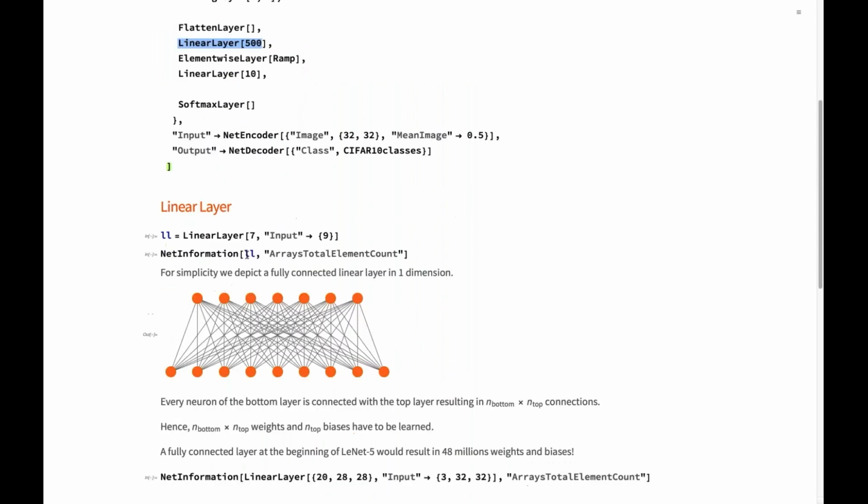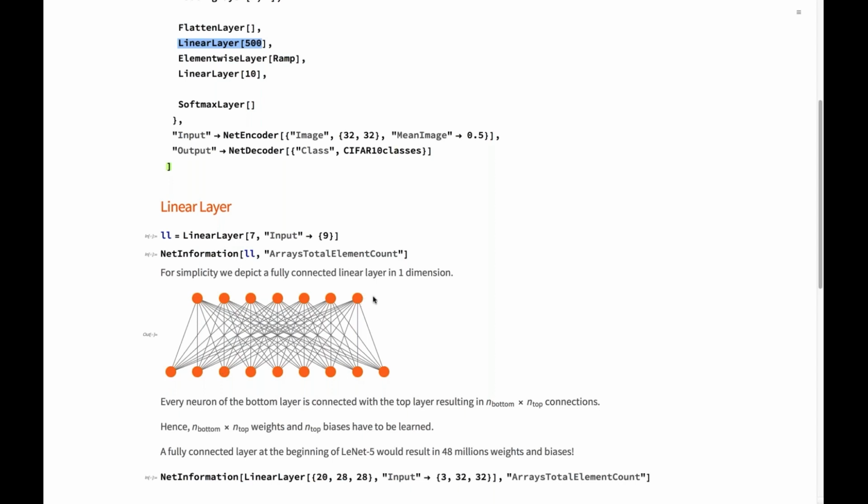If I have a layer, I have here an array of neurons or activities. And the question is now, how do they connect to the next layer? If you have a linear layer, a fully connected layer, then every neuron or every value gets transmitted to every value of the next layer.